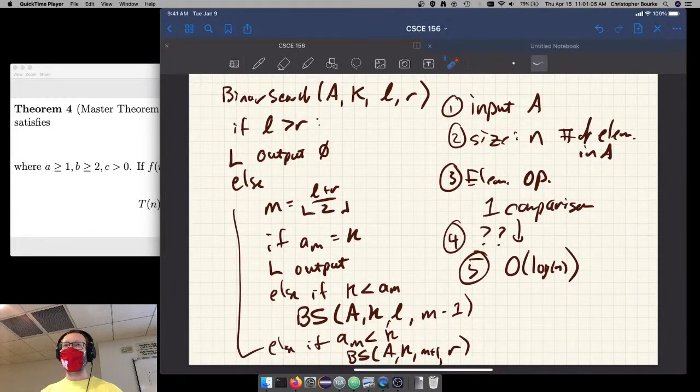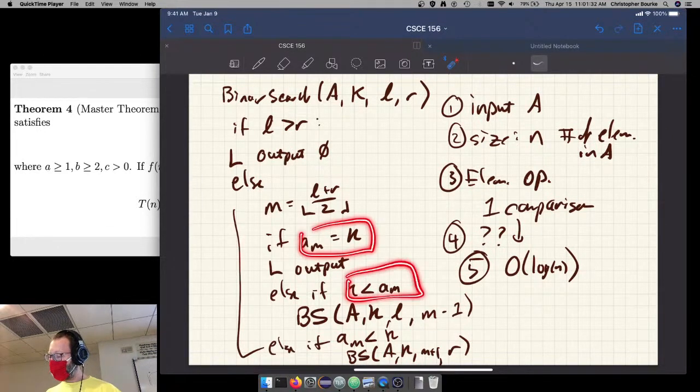We briefly went through an overview of how you would go about identifying the 5 steps here, where of course clearly the input is A, the size of the input is N, or more accurately the size of the range that you are searching in that particular iteration, or in that particular recursion. And the elementary operation, we settled on the fact that we are doing 1, 2, 3